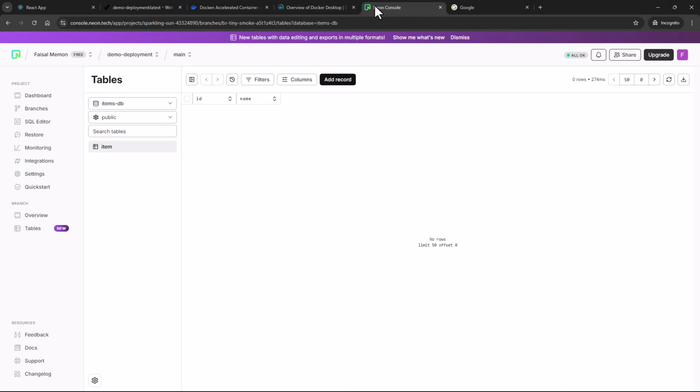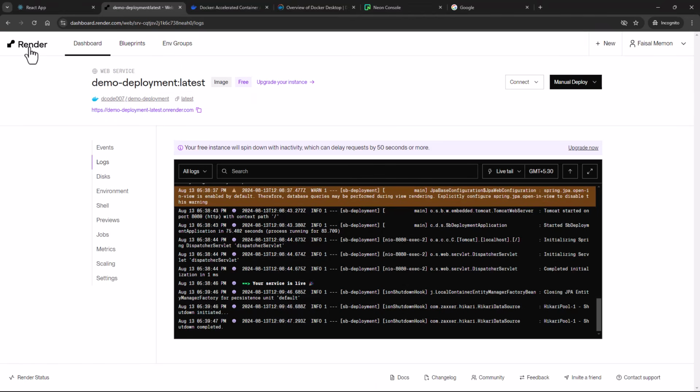Now if you go to the Neon console over here, here is the refresh button. Sorry, this is not refresh, this is actually history. Here is the refresh. Just refresh this, and you should see the new item appear over here, right? So clearly we are able to make the changes on the cloud, and everything is on the cloud except our front end, right? So for the front end, what we need to do is deploy it